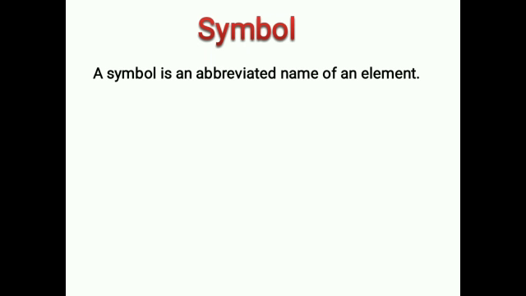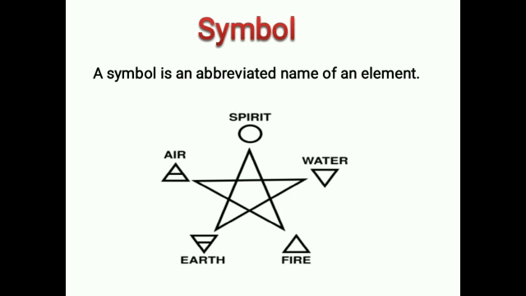Scientists used somewhat complicated symbols for known elements like air, earth, fire, water, spirit. It is very complicated and very difficult. So the scientist J.J. Berzelius introduced the modern system of naming elements by their symbols, in which they are represented